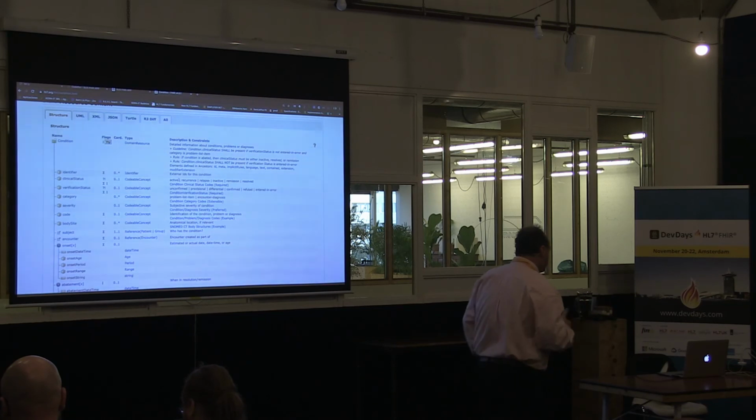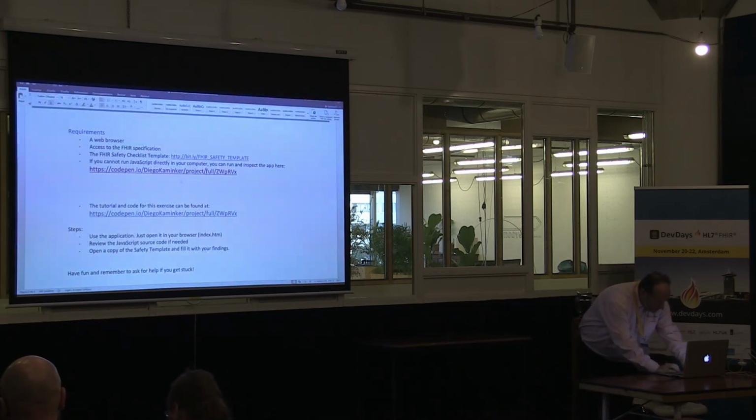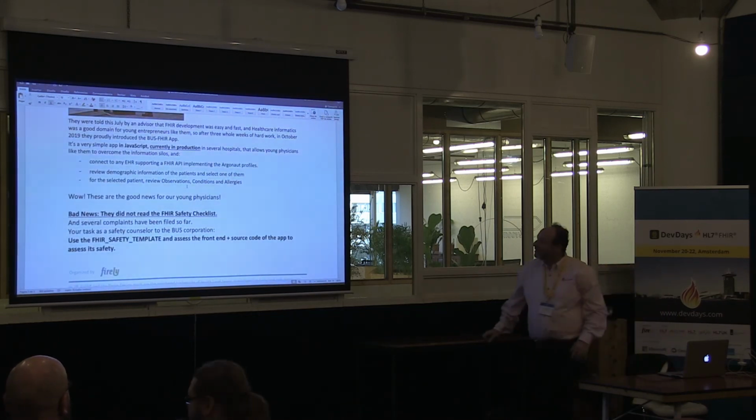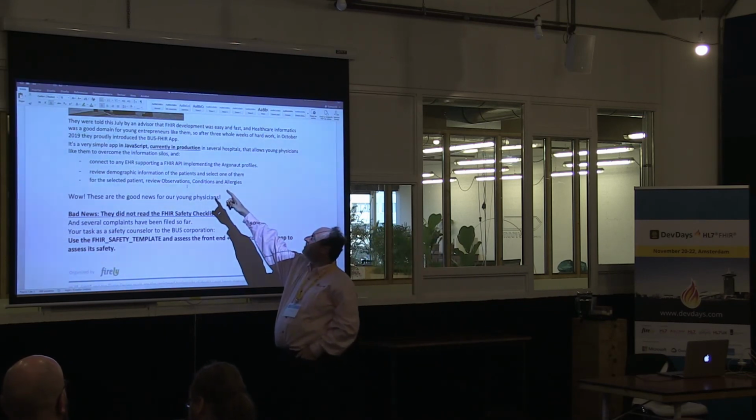But if you remember the Word file, it says that this app connects to any EHR supporting the FHIR API implementing the